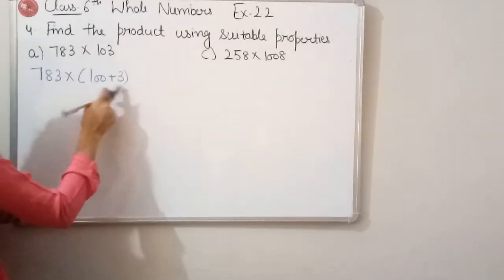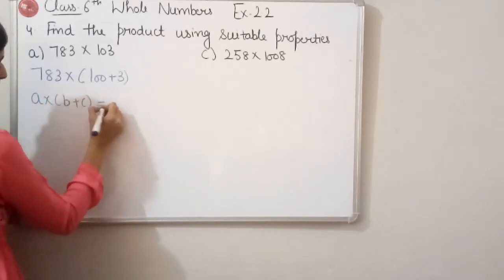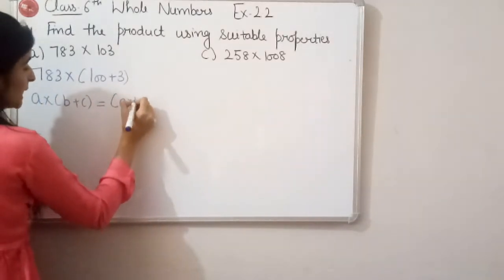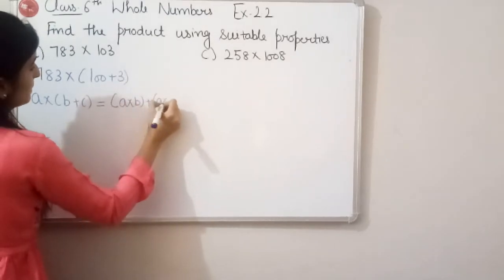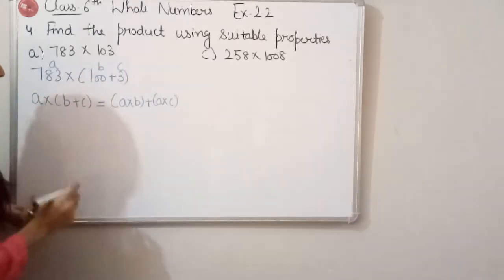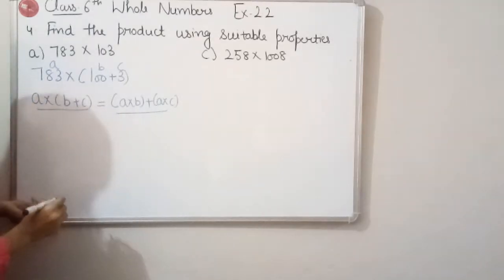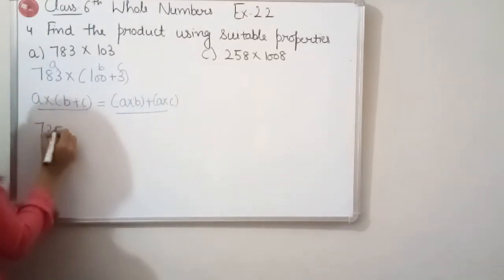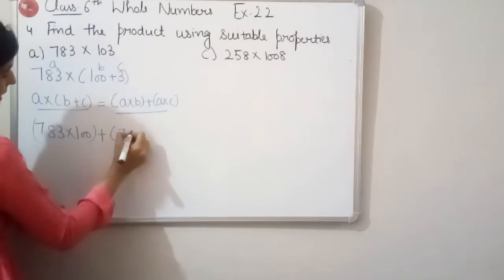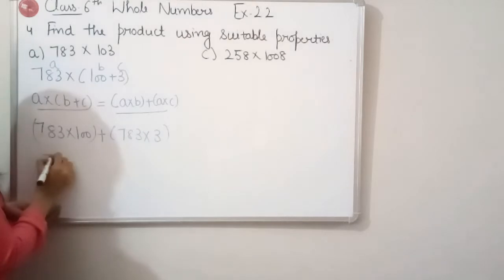So A multiplied by B plus C, according to the distributive property, A multiplied by B plus C is equal to A multiplied by B plus A multiplied by C. This is A, this is B and this is C. So we have given in this form and we can write it in this form. So 783 multiplied by 100 plus 783 multiplied by C. What is C? 3. So that will be equal to